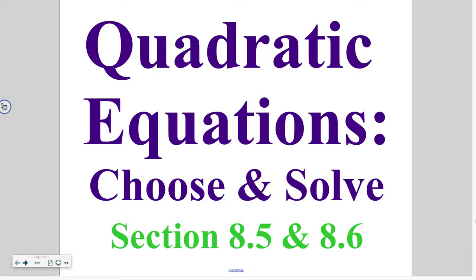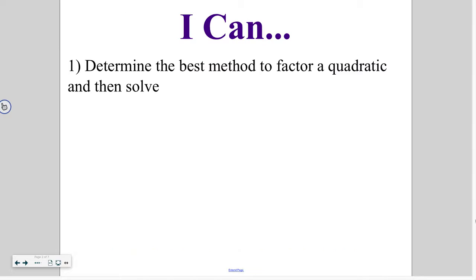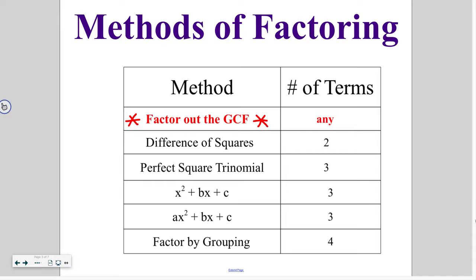Hello class, today we are finishing up sections 8.5 and 8.6 by going over how to choose a method and then use that to solve a quadratic equation, and that is what you will be able to do by the end of today's lesson. So, a reminder from yesterday, we had our multiple factor techniques that we can use,